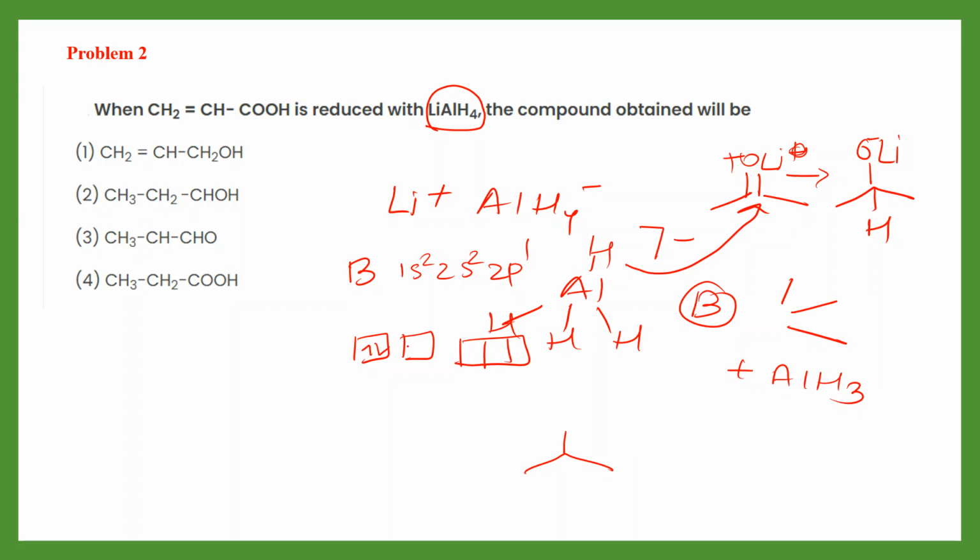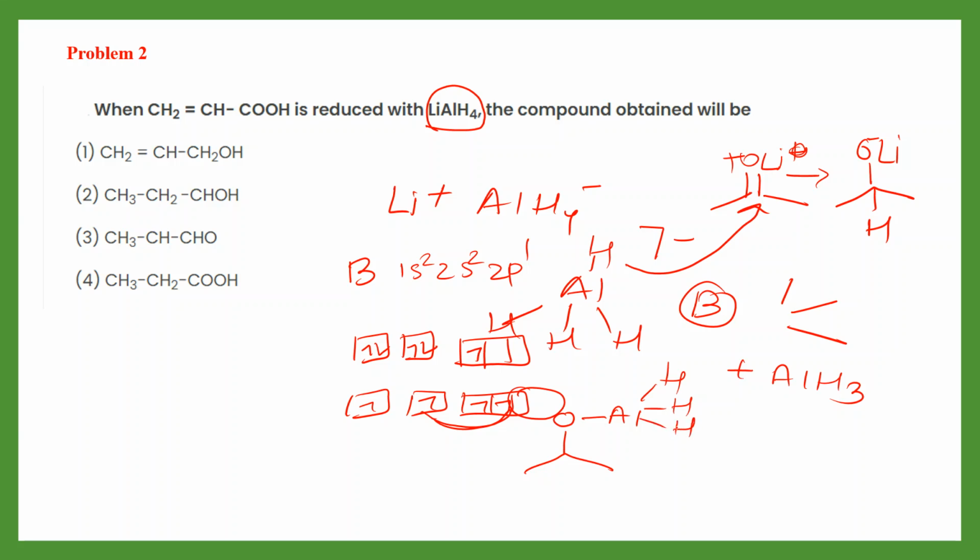This is 1s2, 2s2, 2p1. Let's say after excitation, boron can form three bonds, but you can see that one of the p orbitals is still empty, right? So this H negative is going to attack here,